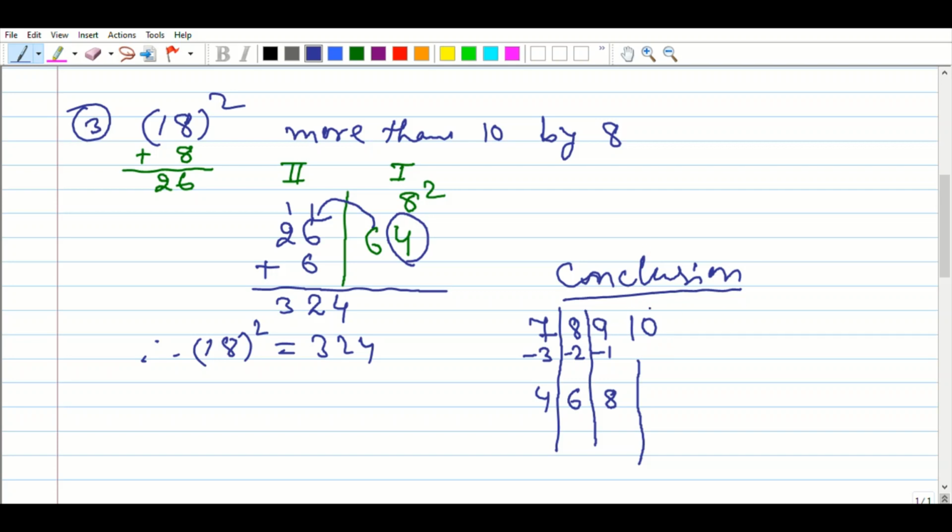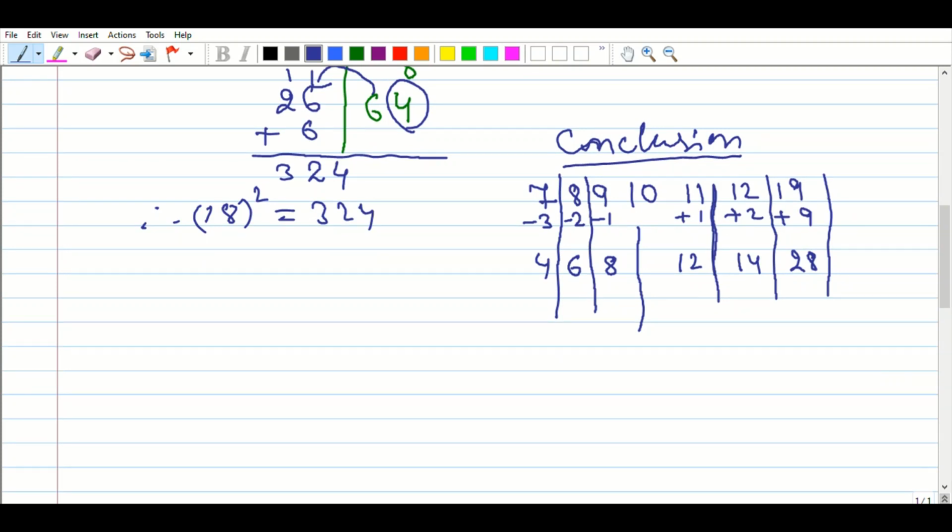For 11, here it is plus 1. Okay. And 12, it is plus 2. Suppose you take 19, it is plus 9. So what will we write? We are writing for the left hand side. So 11 plus 1, it is 12. 12 plus 2, it is 14. 19 plus 9, 28. It is the part of the left hand side.